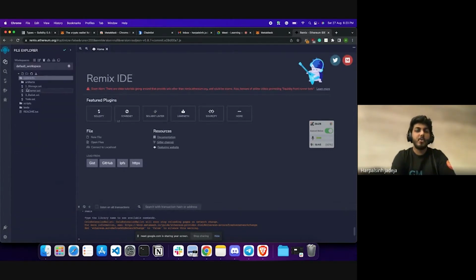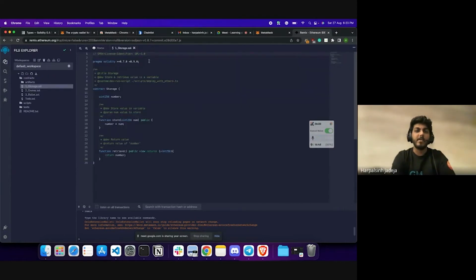So let's jump into one simple contract and understand the Solidity language, right? This is the most basic hello world kind of project of Solidity, which is a storage.sol. Let's go line by line and understand each line here, and get to understand how all of this works. So the first line basically here is